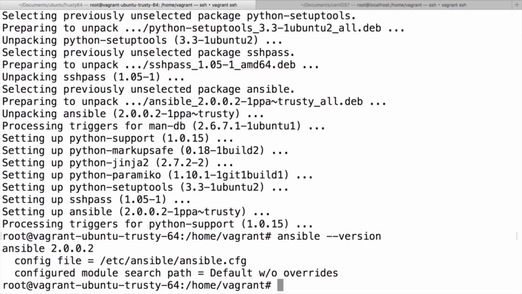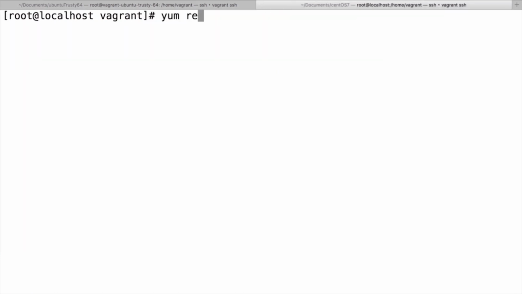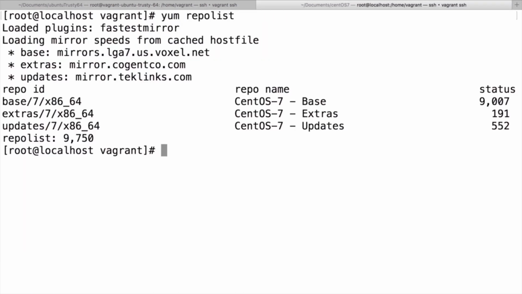Now, if I move over to our CentOS 7 machine, there are actually some additional steps necessary. First, we need to add the EPEL repository, which we can confirm the current listing of by running yum repolist. And I currently do not have the EPEL repository present. We need to add it by downloading the package and then installing it. So I'll go ahead and download that by running wget https